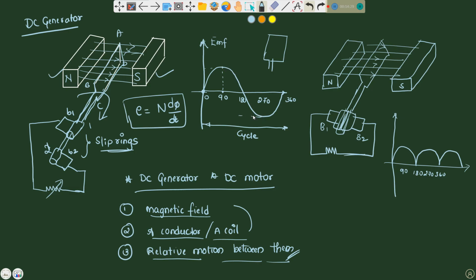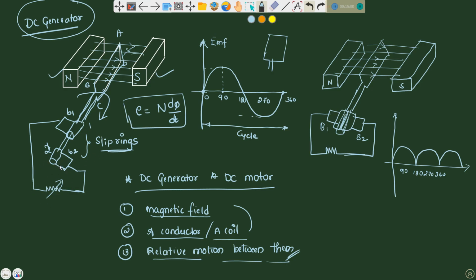Understood? Now, we are studying the DC generator, but the generated or induced EMF in the armature core is alternating. We should get a DC output, that is, a unidirectional voltage or EMF on the load side or output side, that is DC. So in order to get unidirectional current in the external circuit here,